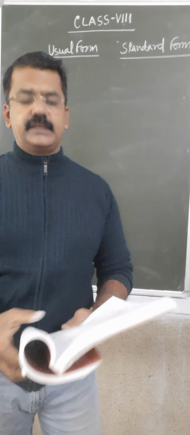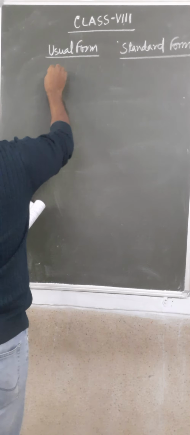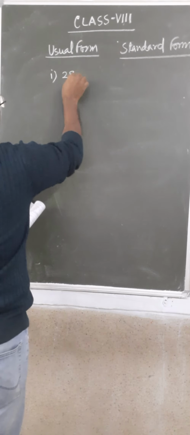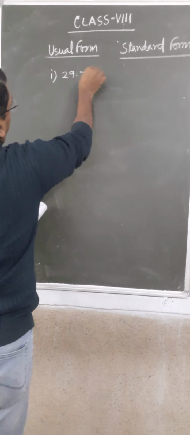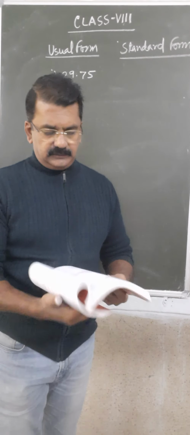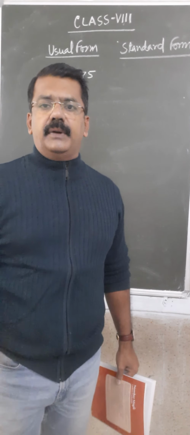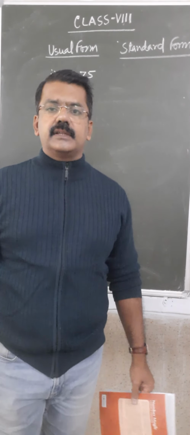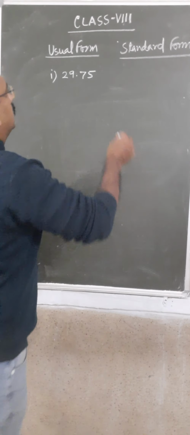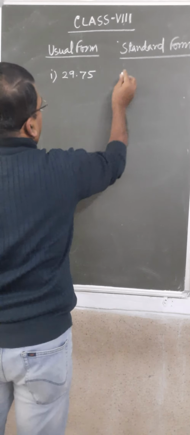So the first number is 29.75. Now, if you see, this number does not lie between 1 and 10. That is why it is not in the standard form. Now what we do is shift the decimal one place towards the left. So it will be